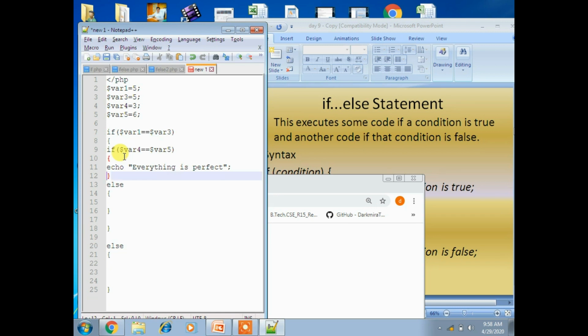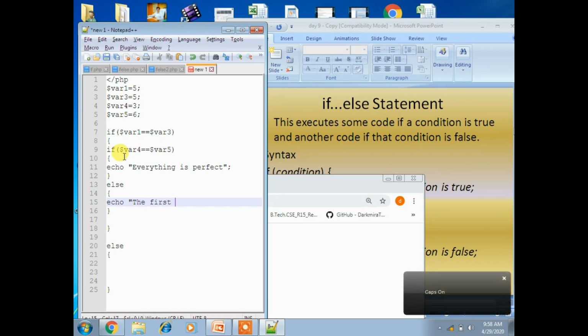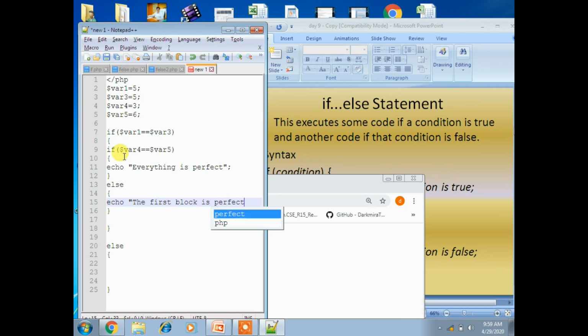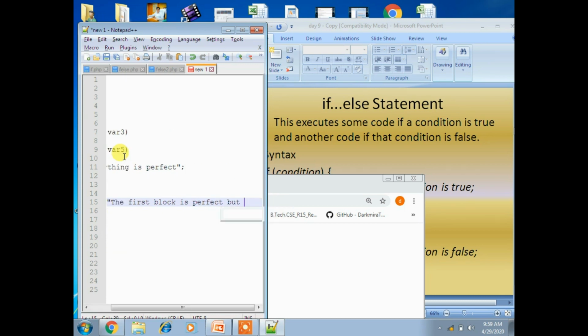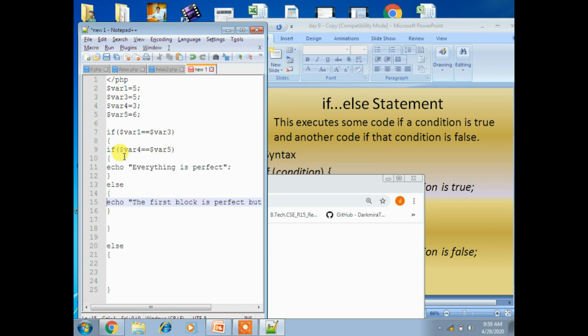Now for this I'll write another else part: echo "the first block is perfect but not second block." So first block is perfect but not second block.